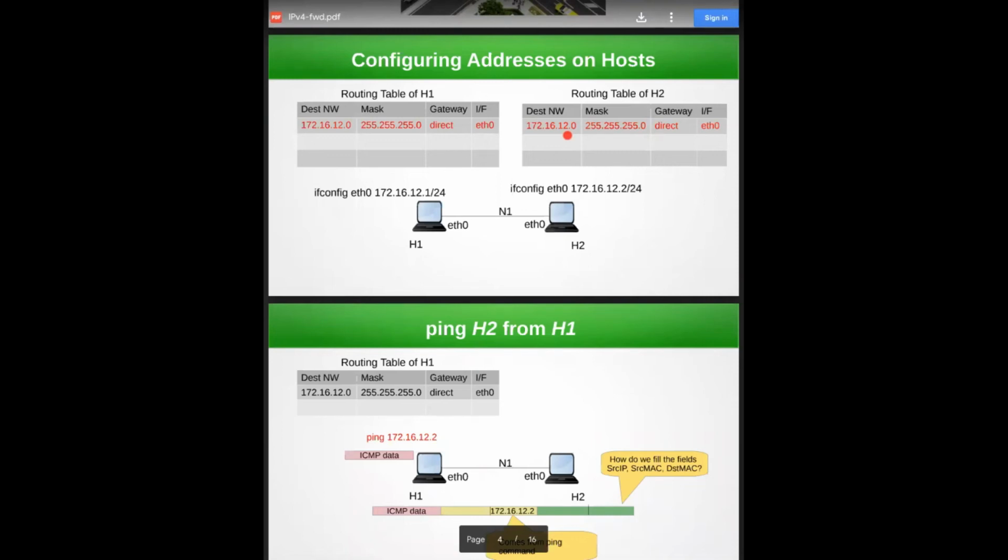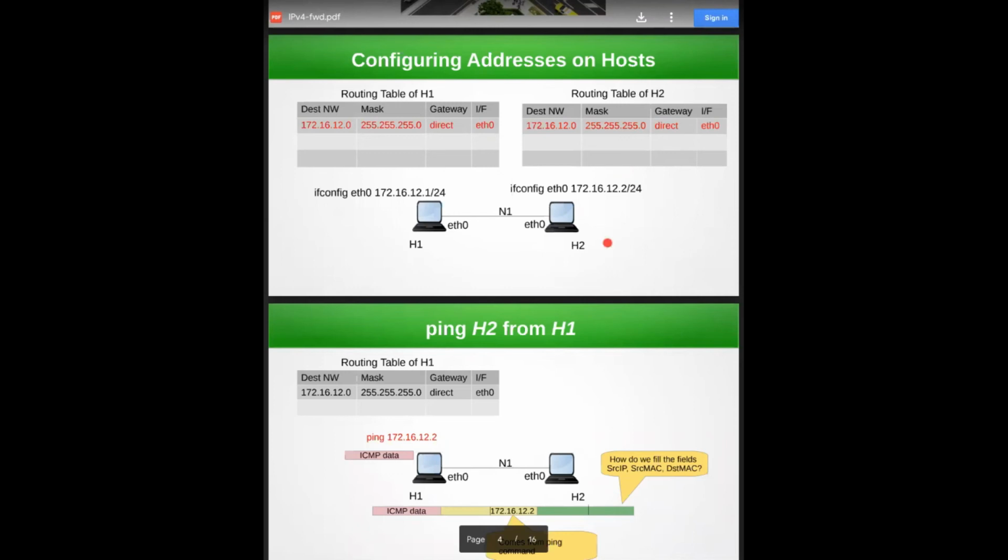Okay. So these two fields are filled, and because we gave the interface as E0 here, that is the interface which is recorded in the routing table. And we are saying this is a direct connection to me, meaning that I am in this LAN. I don't have to go to a router to reach this LAN. I am part of this LAN. That's what we mean when we say direct gateway. Okay, so you can see that that's what happens in H1 and in H2, both cases, right?